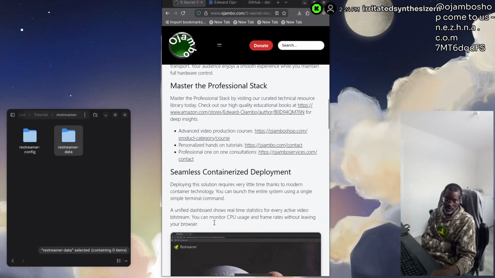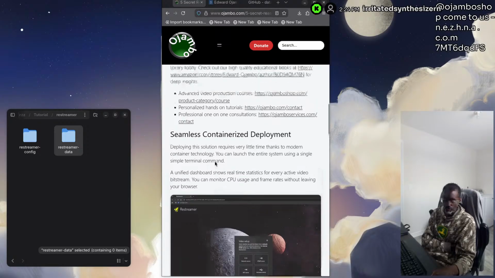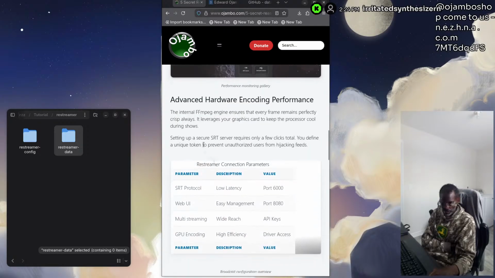And so this seamless containerized deployment, as I said, we use Podman, especially Podman Desktop. You can launch the entire system using a simple terminal command. But I know you guys don't like to go into the terminal. That's perfectly fine, which is why I use Podman Desktop. The unified dashboard shows real-time statistics for every active video bit stream. You can monitor CPU usage and frame rate without leaving your browser, as you saw. So for the hardware encoding performance,